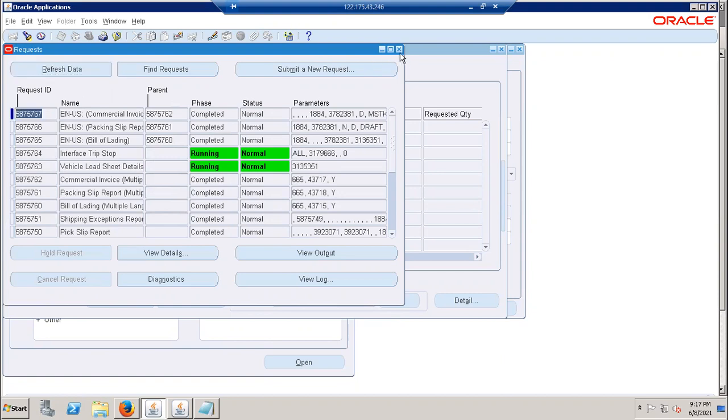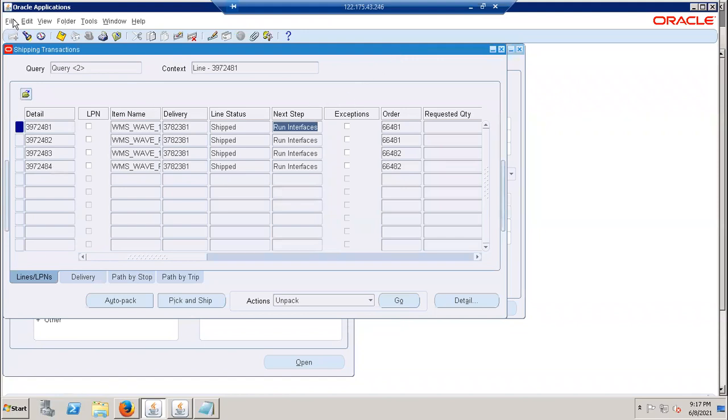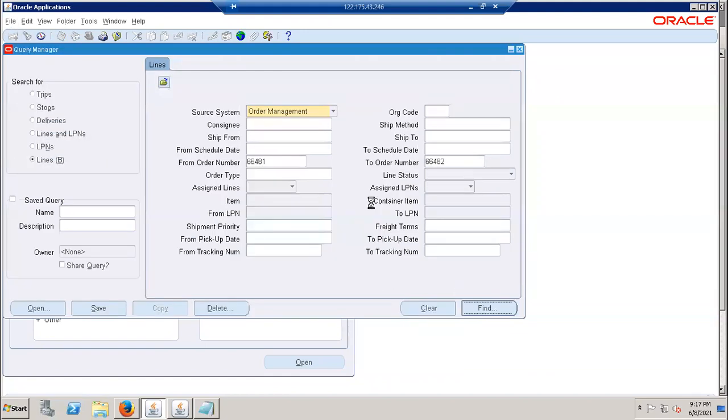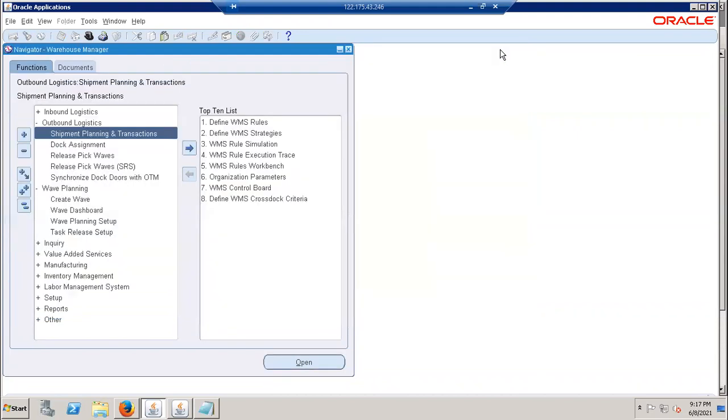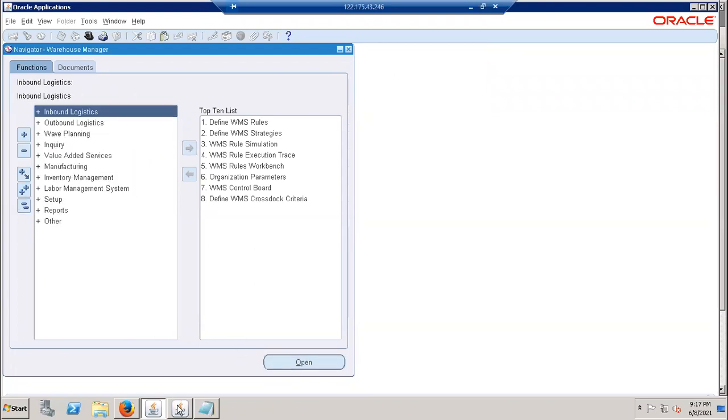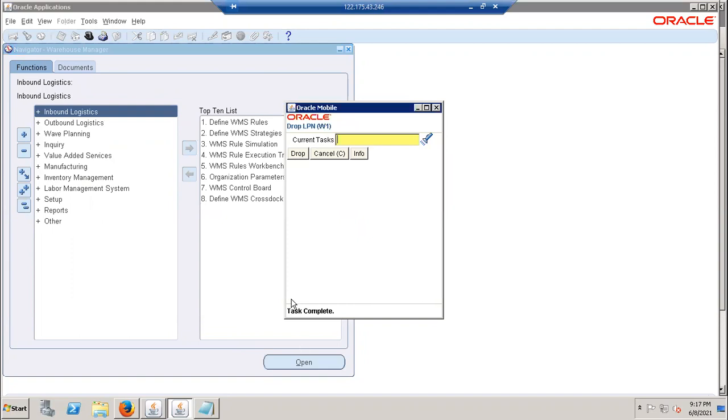Okay, got it. So let us try to do the RMA also with this new order. Let's see what happens. Okay, close this. So with this, our end-to-end wave planning, how it is going to work and will happen in the system. We have seen it. Now let's go and create return order. Go to order management.